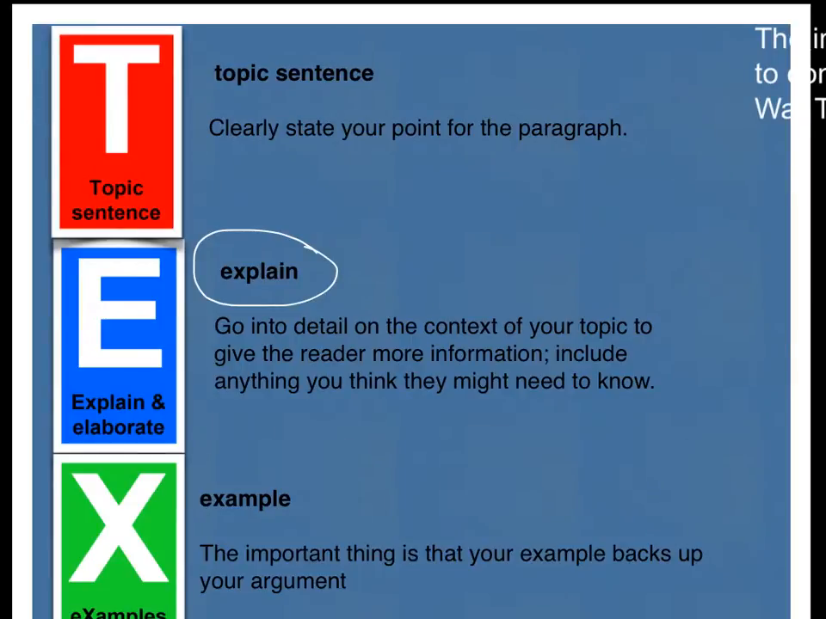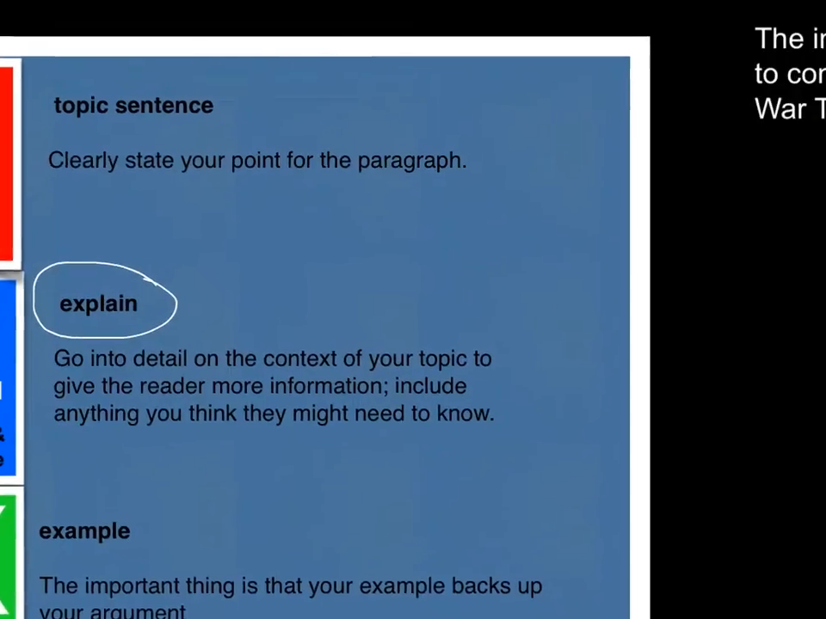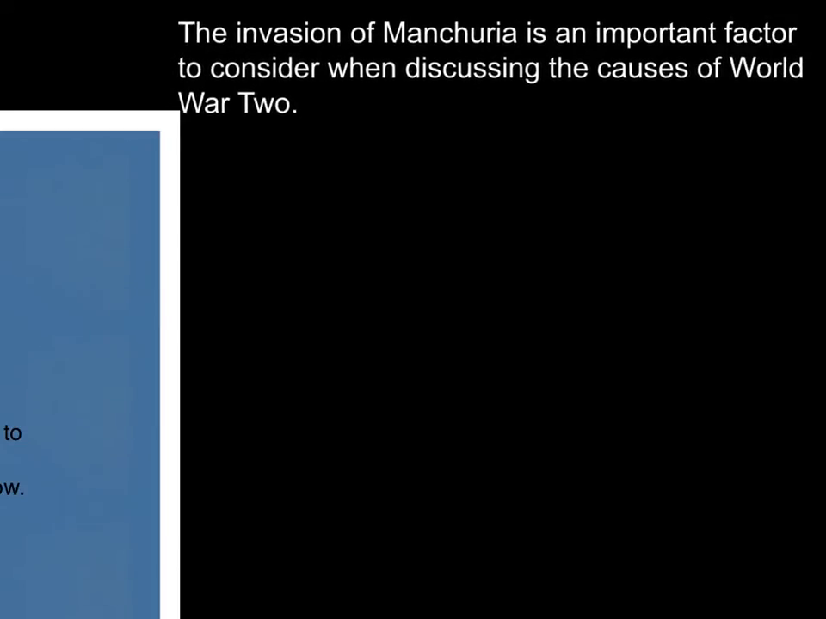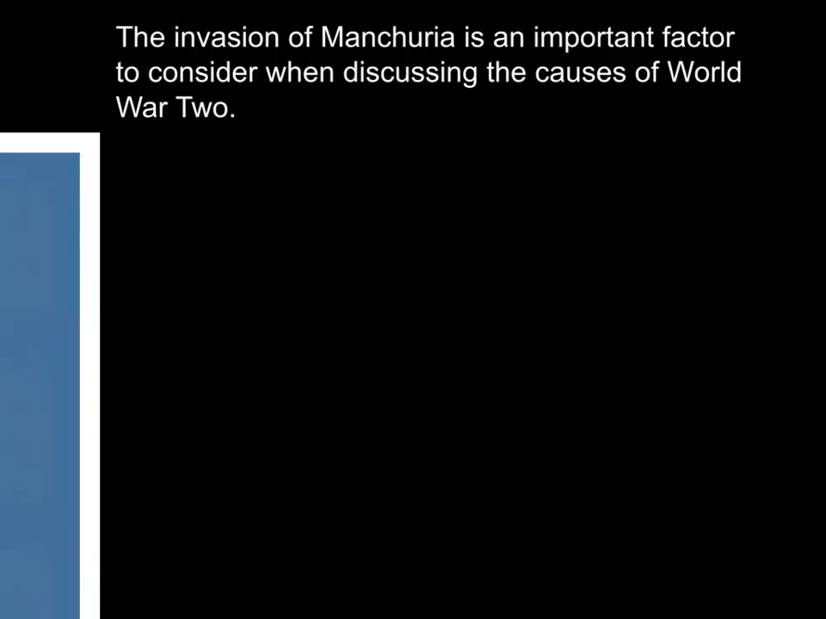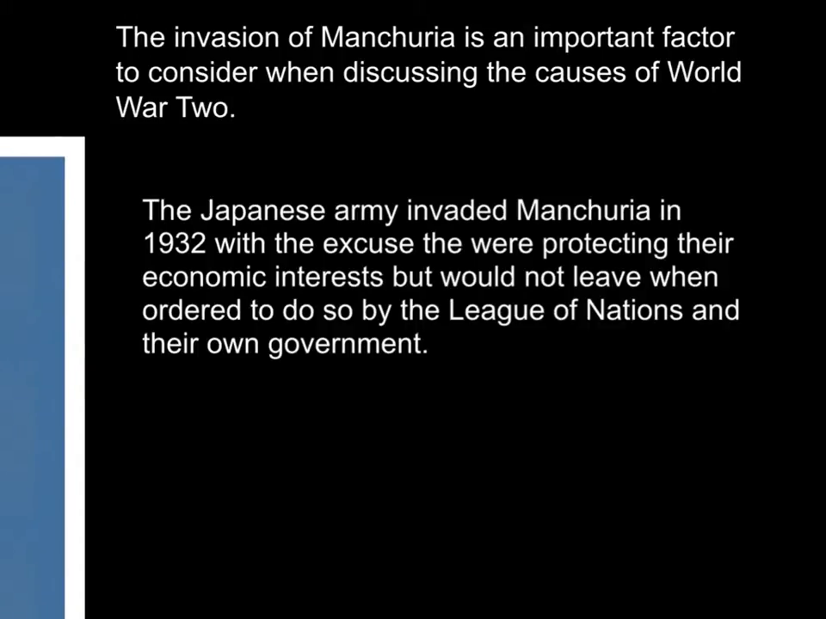So when you explain, we need to go into detail about the context of our topic to give the reader more information. And here we need to include anything you think they might need to know. So let's get back to our paragraph. We have our topic sentence here, and now I'm going to add in our next few sentences. So the explanation of our topic sentence comes here, and I've written,